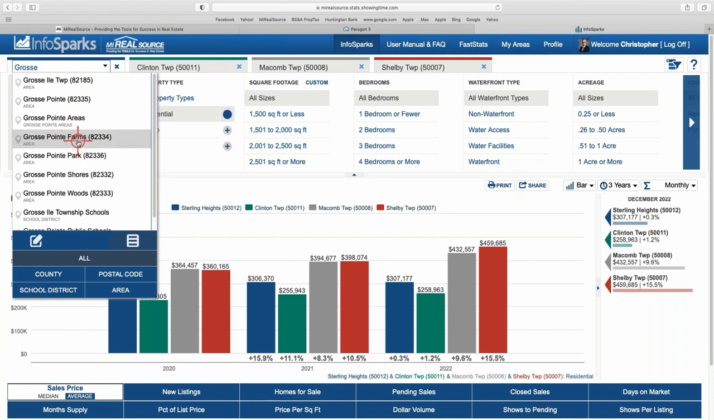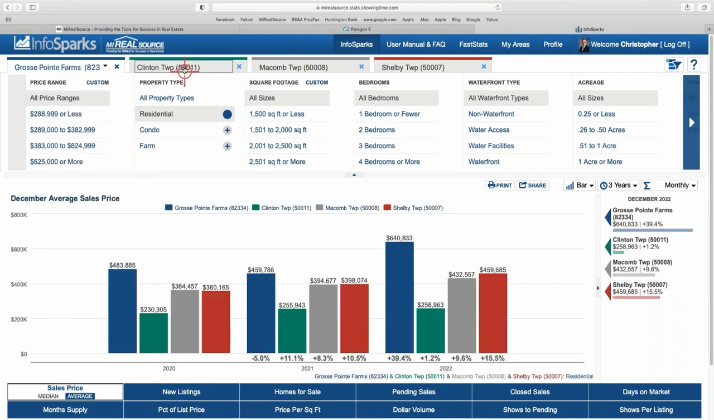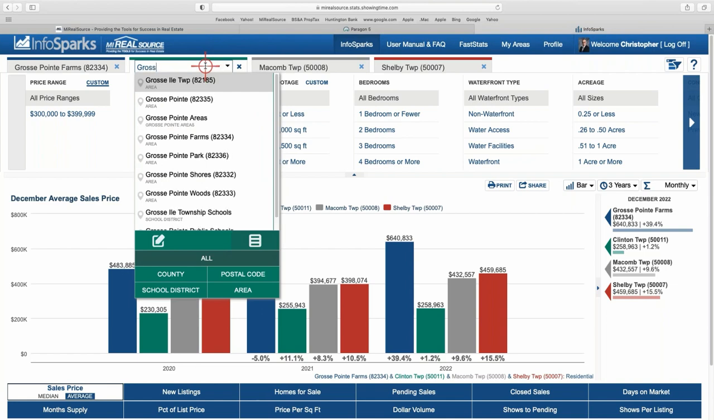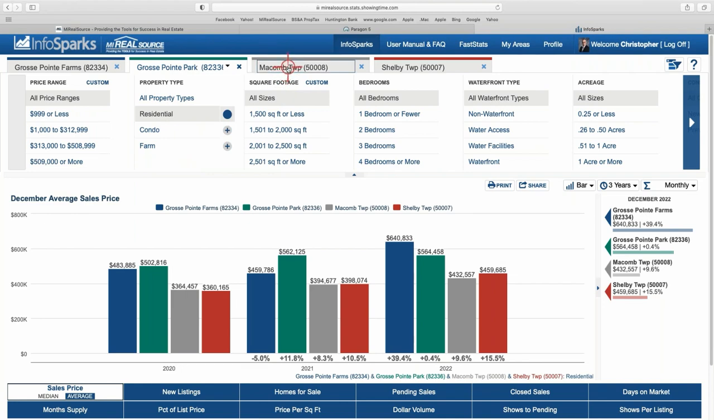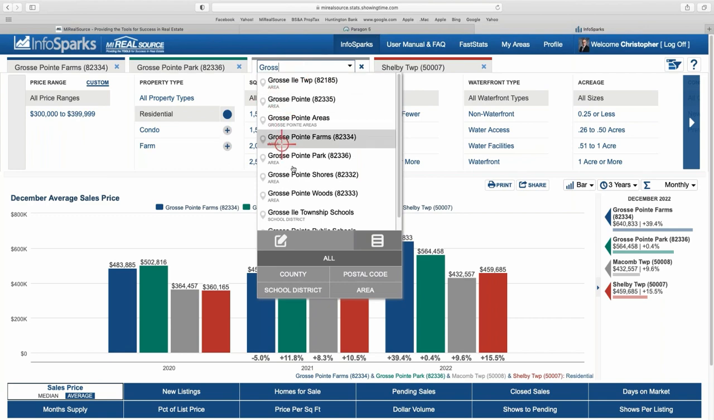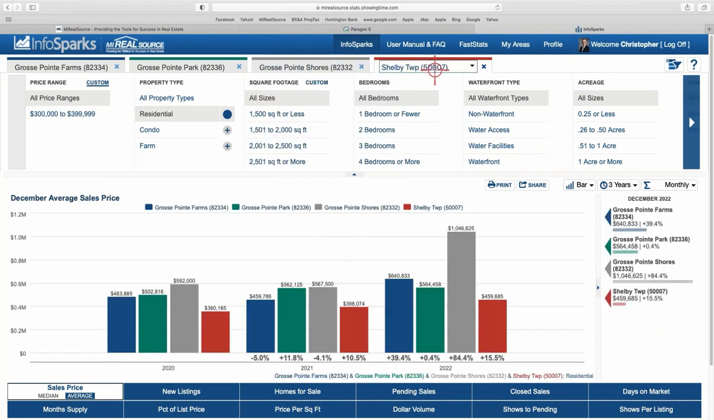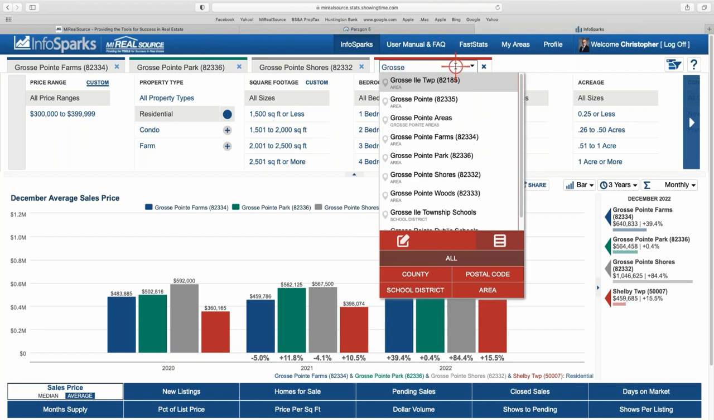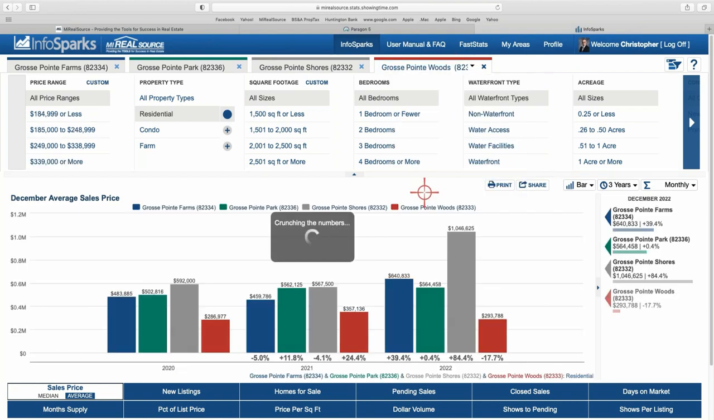So let's just do that for those of you who work in the area that want to see how the individual ones look, if you want to compare them. What do we have? The first one is Farms. We'll go to Park, and then we'll go to Shores, and then we'll put Woods in here. So if you work in that area or you have clients in that area and they want to know what it's like in those different areas, the format we're going to